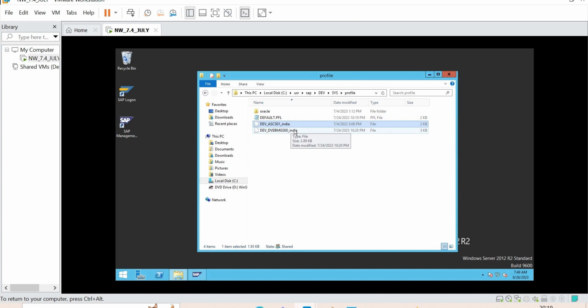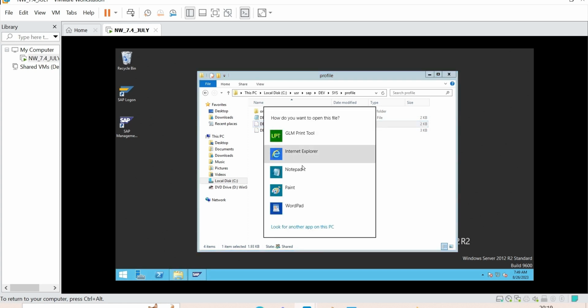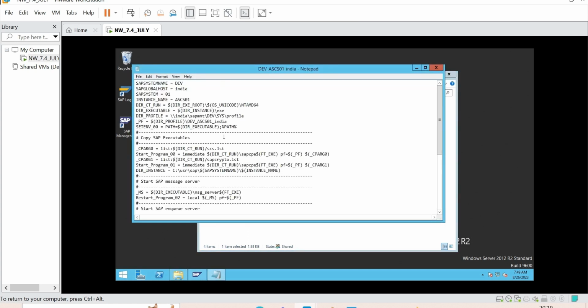That's it. In ASCS, I am having information about what things? Message server and NQ. If you open this, that particular information will be there. The host name is India and the instance number is 01. The instance name is ASCS01 and it contains the information regarding your message server and NQ server.